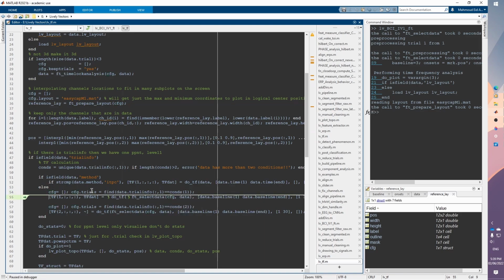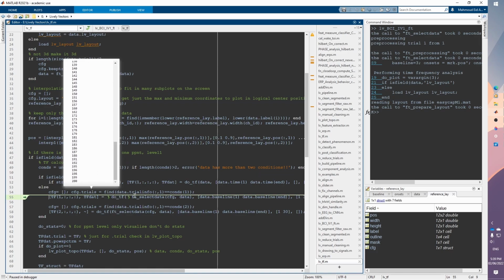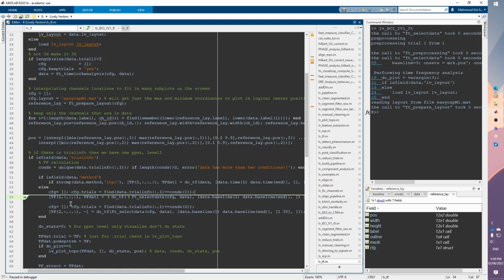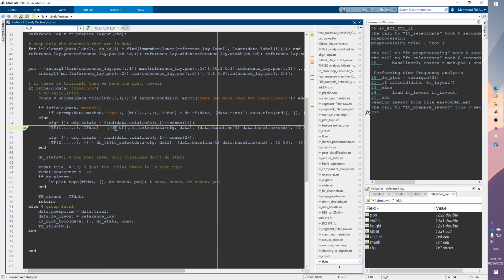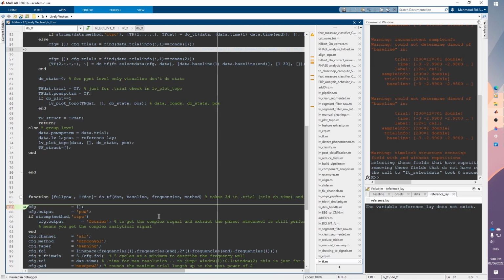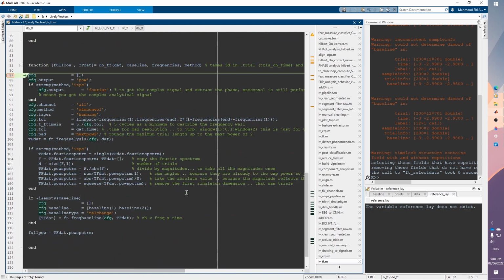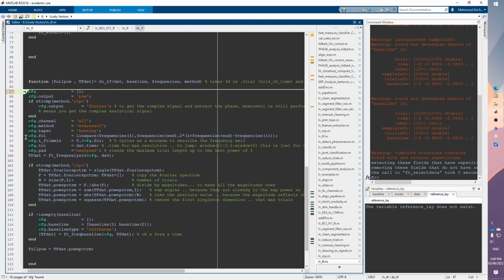So I'm just checking which triads correspond to the first condition and which ones to the second condition. And then we can enter this function so that we can see how to perform our time frequency analysis. By the way, I'm here doing both time frequency analysis and intertrial phase consistency. But with this intertrial phase consistency or coherence, I'm gonna leave this for a separate video just to discuss